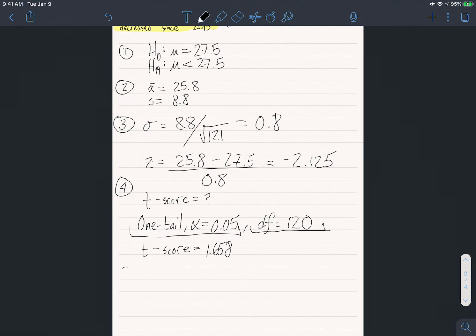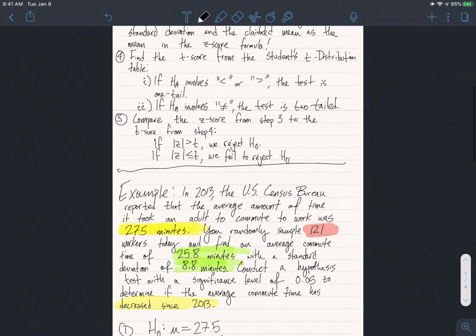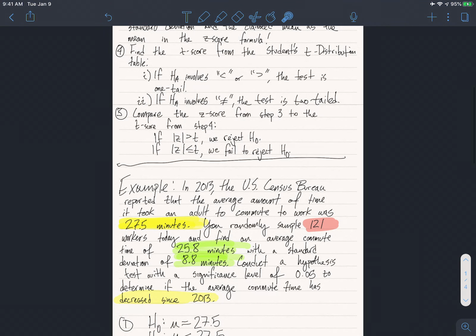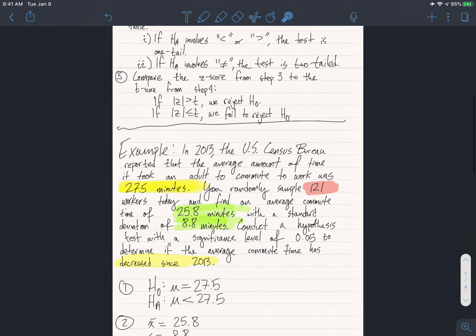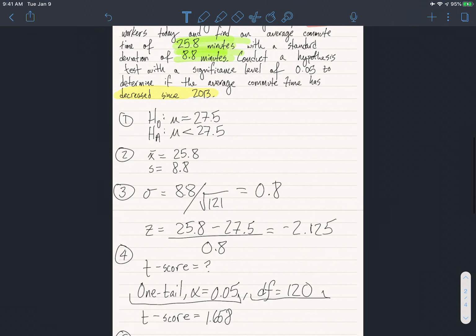And now step 5. Step 5 asked to compare the z-score from step 3 to the t-score from step 4. You compare the absolute value of your z-score, just the raw number. Don't worry about the sign. Absolute value of z compared to t. If it's bigger than t, we reject. If it's less than t, we fail to reject. So,